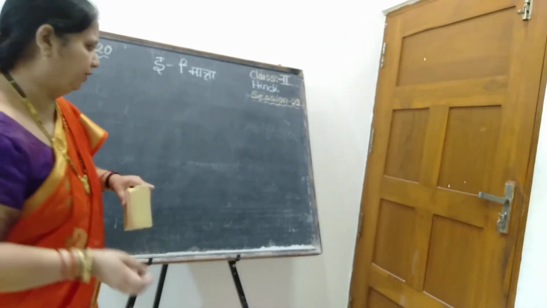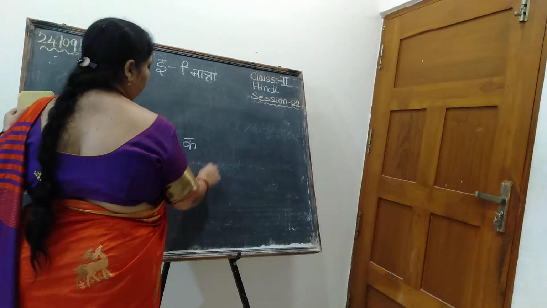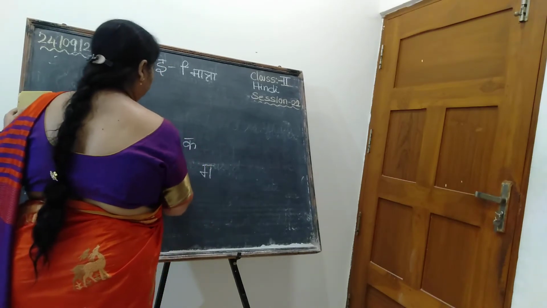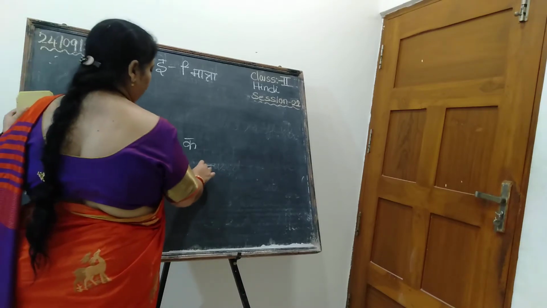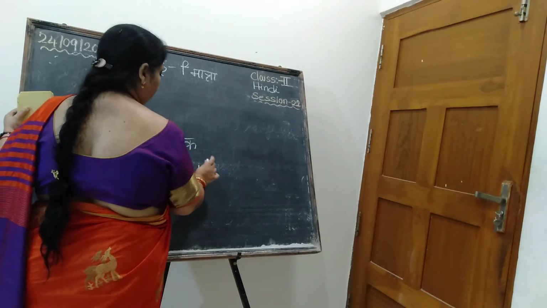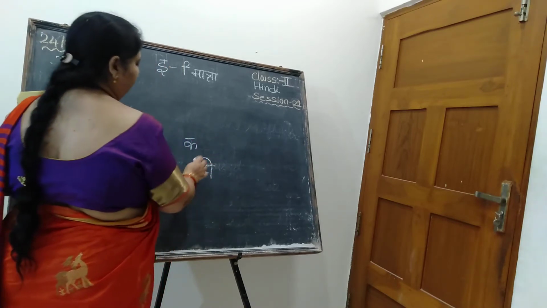Okay, so if you take any example, now listen here again. Once again I am showing you. You take not only ka, take ma or na. These are all single letters, isn't it? Now I am going to place the choti ki matra. Look at here, all of you. Just you have to place the matra here.